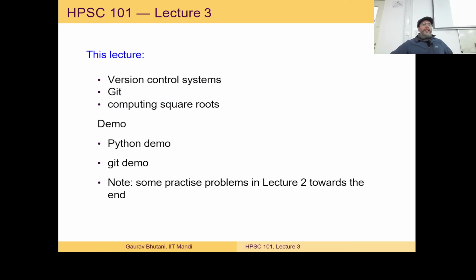So today we'll talk about version control systems. That's going to be the major discussion topic for today. In addition, to demonstrate Git, which is the version control system that we'll discuss today, I'll be talking about Python, which is the language that we'll be discussing first in the first few lectures to discuss some scientific computing algorithm implementations. And in that process, when we are writing the Python code, I'll also demonstrate to you some Git commands